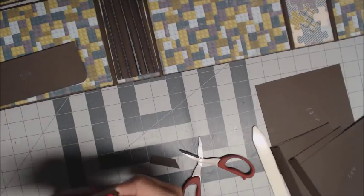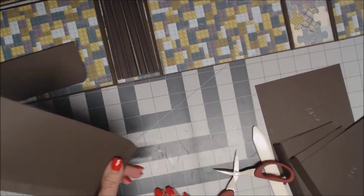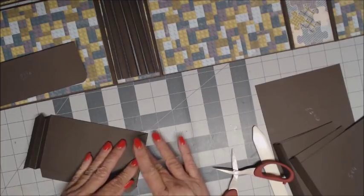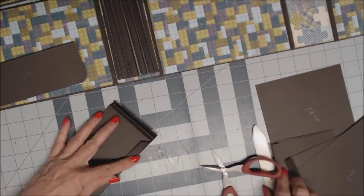So then what I do is I fold it. So I've got these folded right here, and I'm just going to come up and miter to that corner there, like that. Put it down, see. So I just mitered right there to the score line, okay? So fold this up, your bottom up,